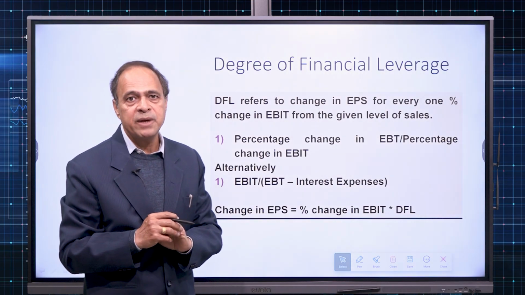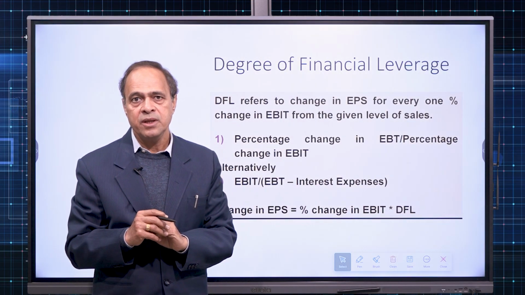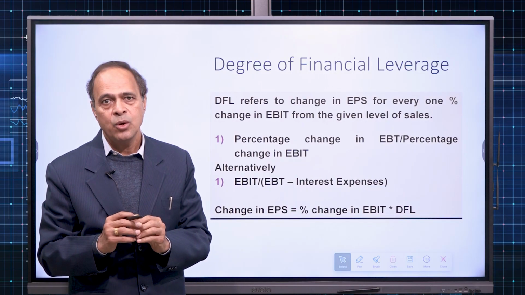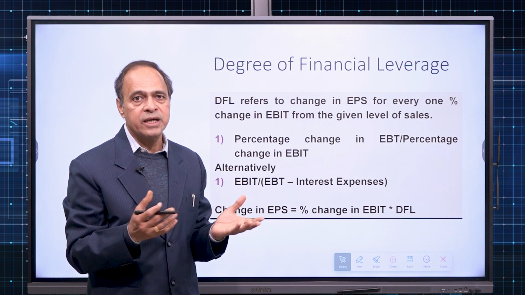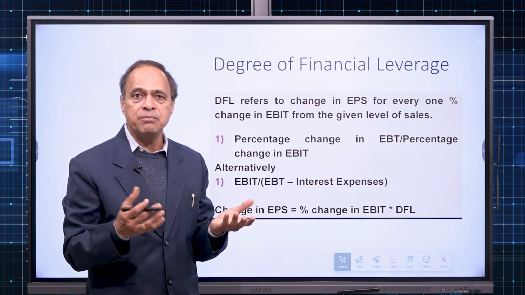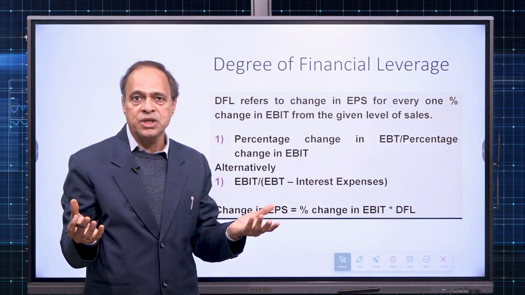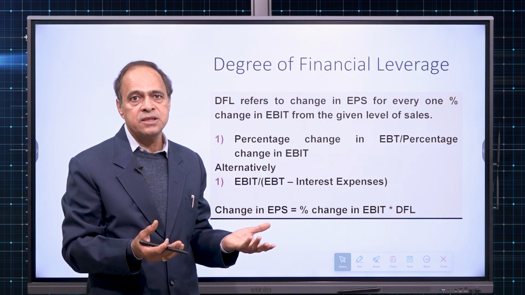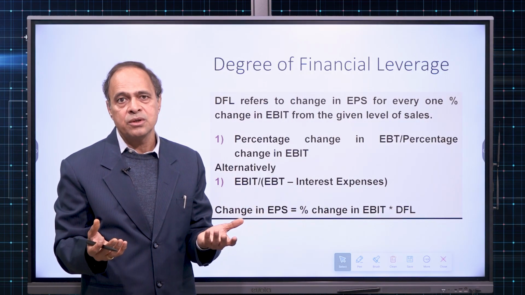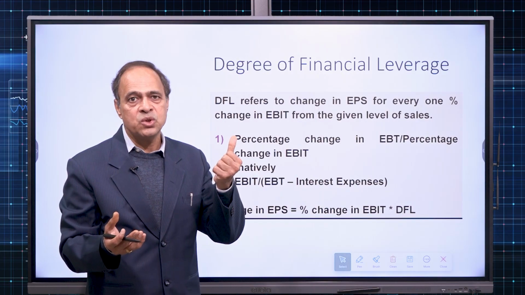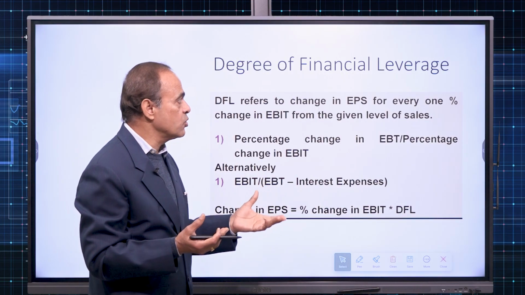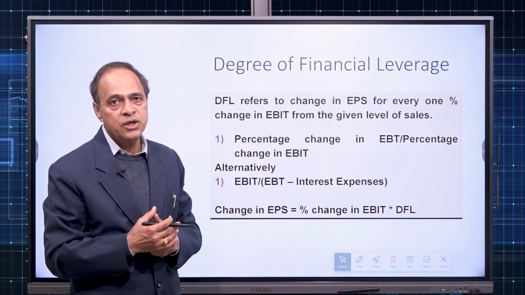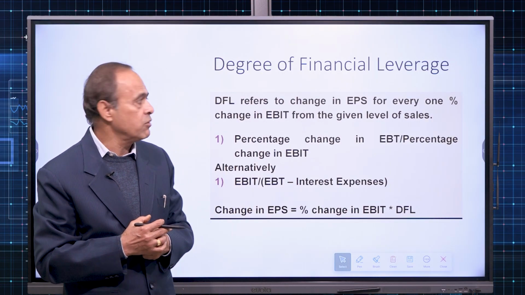Now, how do we measure the degree of financial leverage? And who will use that? Obviously, operating level management has nothing to do with the capital structure. Even the middle level management, who is at execution level, has nothing to do with the decision whether we should borrow money or not. It is the top level management. So strategic planning, strategic decision will be there, whether we go for leverage or not. So the degree of financial leverage will be used by top level management.